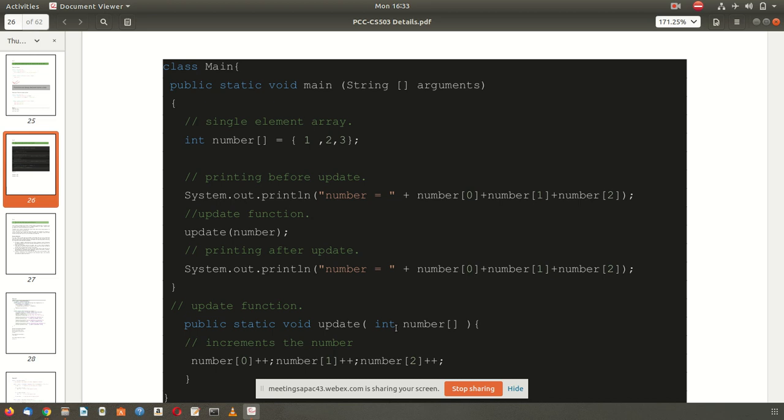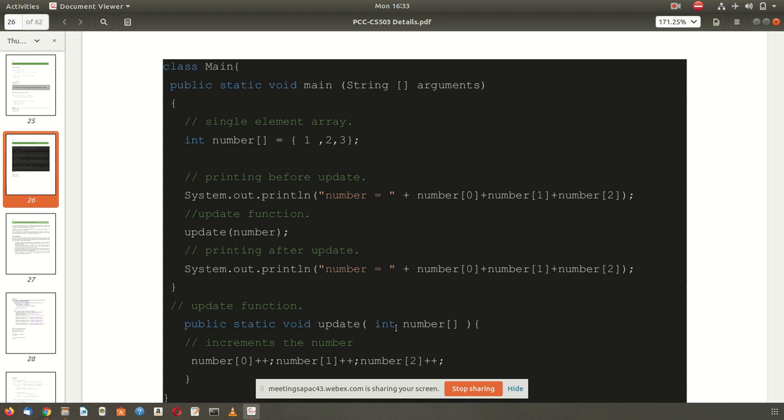Formal argument and actual argument: the actual argument is what we write in the function call, and the formal argument is in the function definition. So in the function definition, if we use the new keyword in Java to create any object, you use the new keyword.